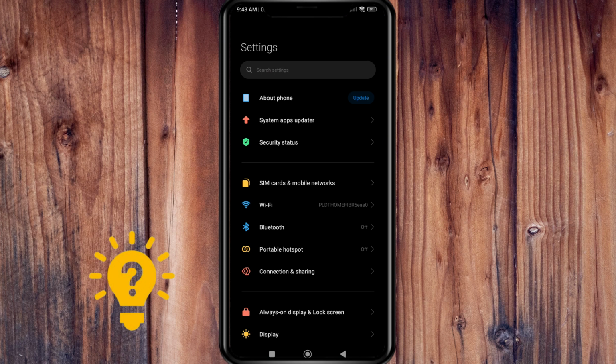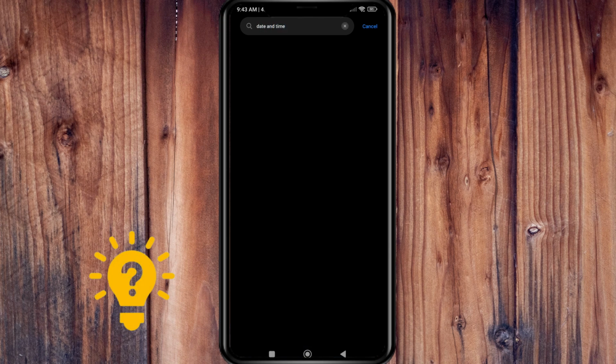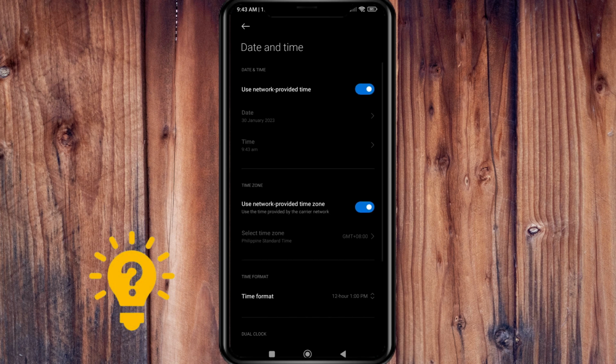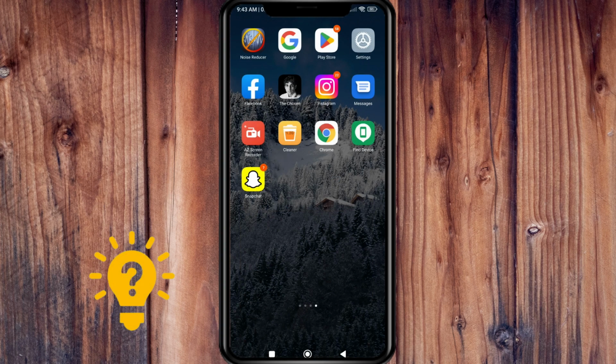then search date and time. Now, simply turn off the button right next to use network provided time. And go ahead and select the date exactly 1 month ahead of the device ban. Soon after you do that, you go back to the Snapchat app and see if that fixes